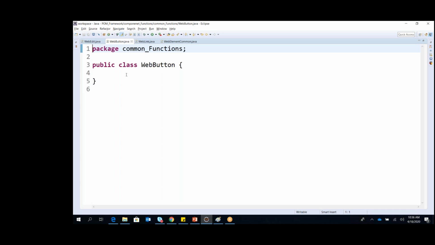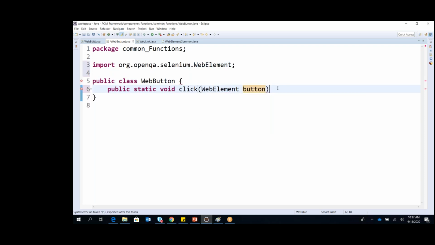Now, if I go back to my web button, I can create another public static void. I want to do an operation on the button, that is, a common operation on a button is click, and I need a web element button. Most of these methods are static, and there is a reason.